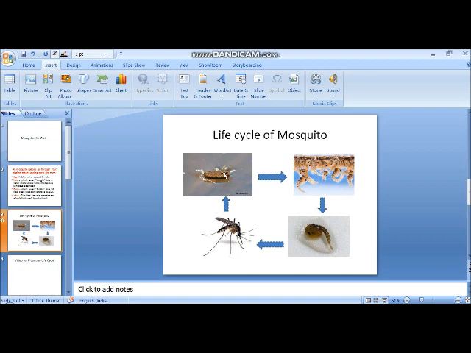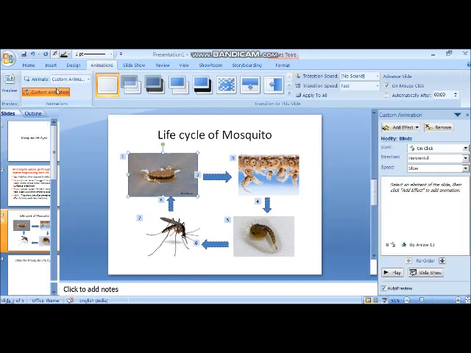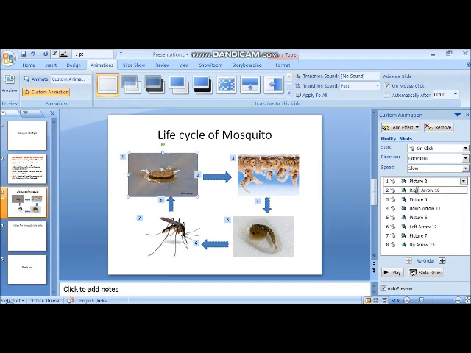Okay, just first picture I have inserted. See how I have inserted the animation, custom animation. See number 1, that is your picture 2. On mouse click, then right arrow, then again this picture. See here you can see the picture and the animation effect. I have given two animation effects. All the stars are in the green color, that means I have given the animation effect of entrance type. Then again arrow, then picture 6, then arrow, then picture 7, then arrow. So one by one all the pictures will appear.